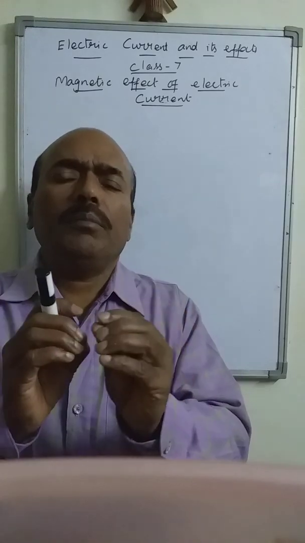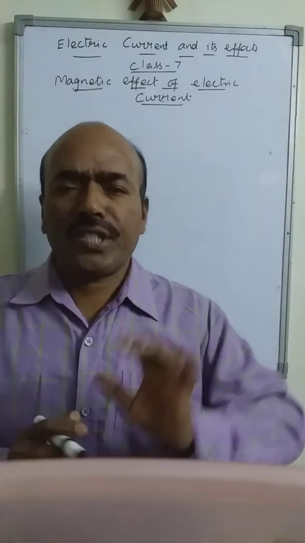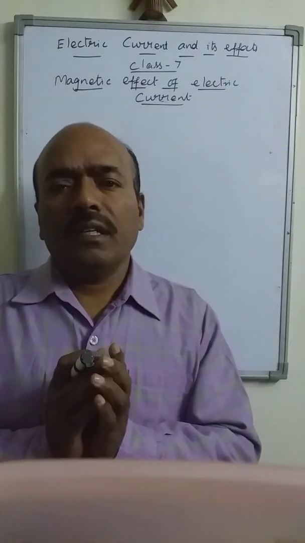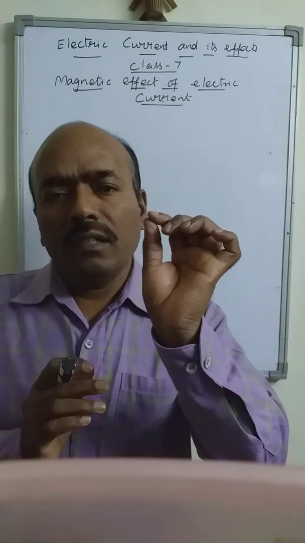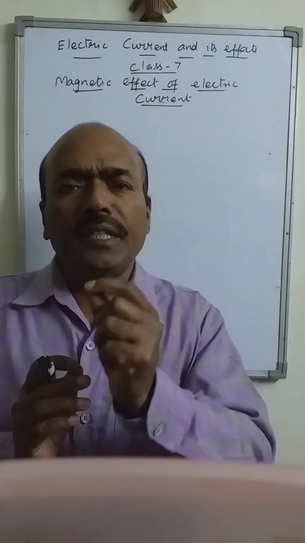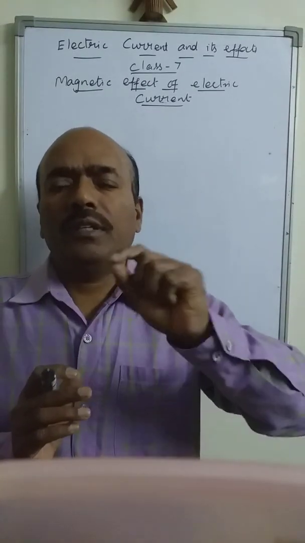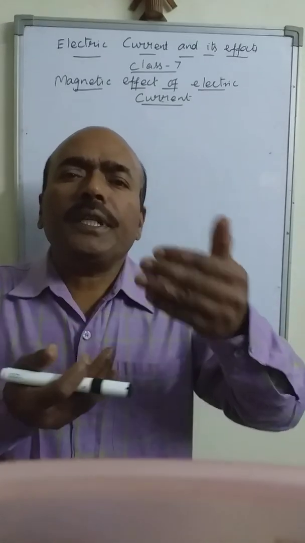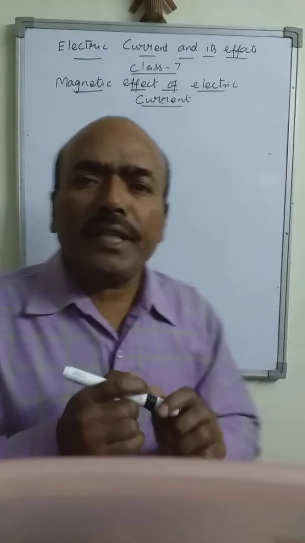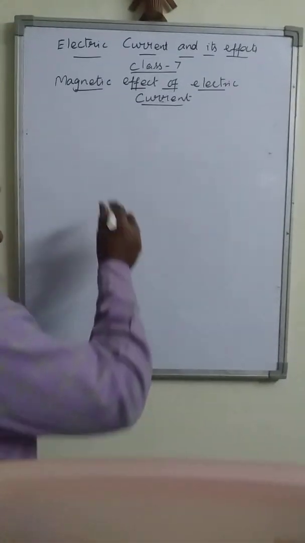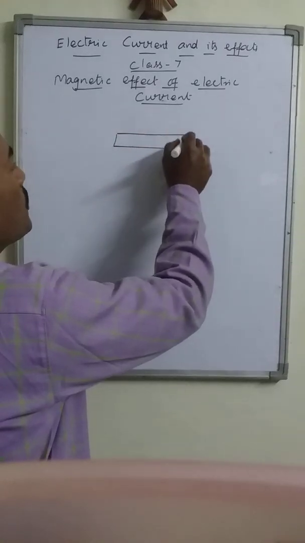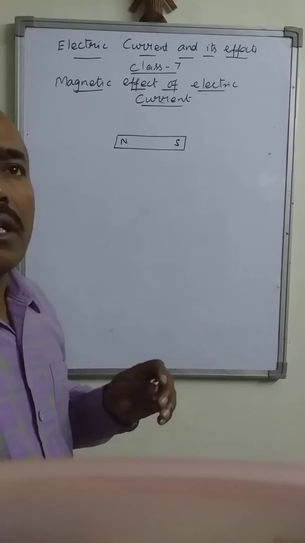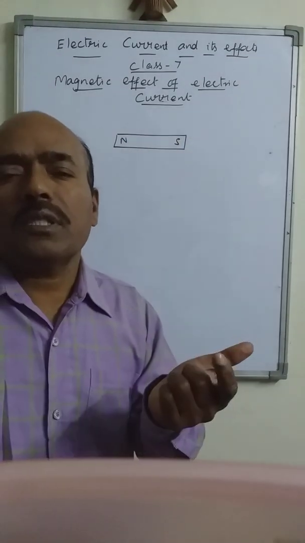I think you know something about magnets and various shapes of magnet. The famous magnet which we use for our study is the bar magnet. It is in the cuboidal shape. Then, properties of magnets: every bar magnet has two poles, north and south pole, and the strength of these two poles is equal.